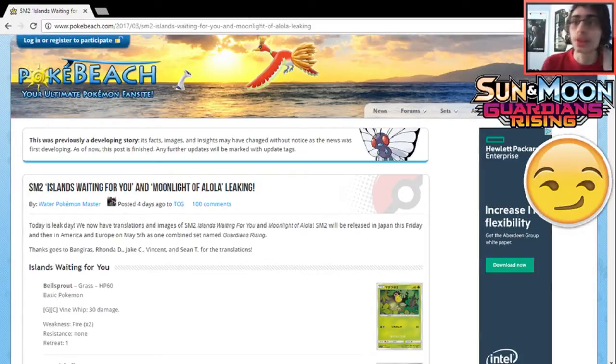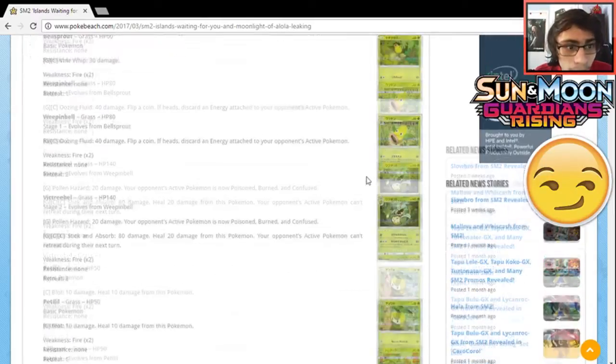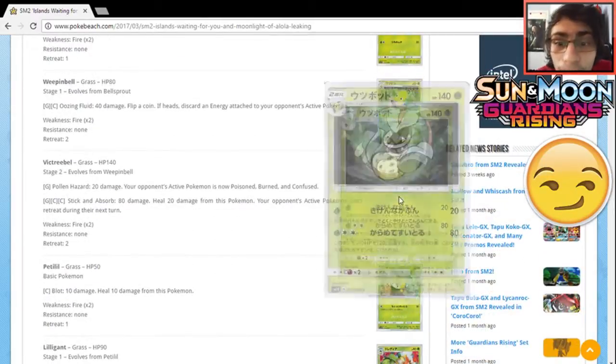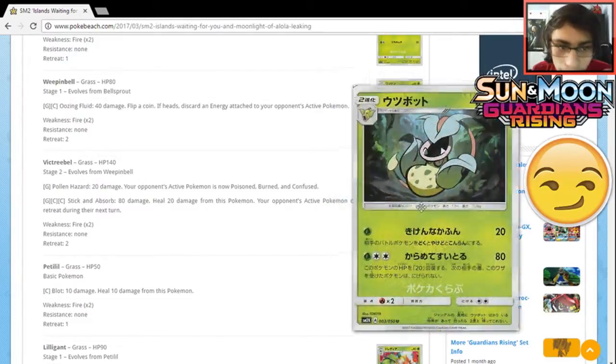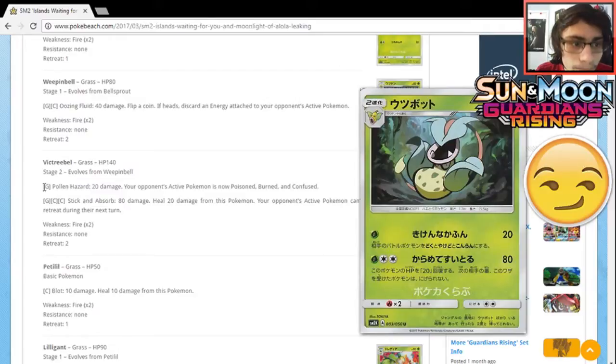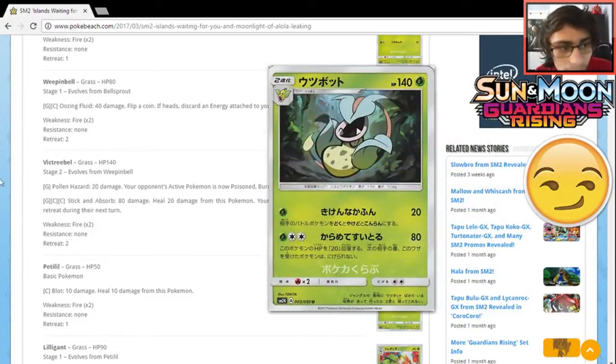Scooby-Doo. No, I'm just joking. We've been bamboozled, guys. Okay, so starting things off, Island's waiting for you. We got your Bellsprout line. Now, this Victory Bell, I actually think might actually be a pretty decent card to use. It has this really good attack with Pollen Hazard, 20 damage. Your opponent's active Pokemon is now poisoned, burned, and confused. Now, obviously, they could retreat, they could use Switch, but